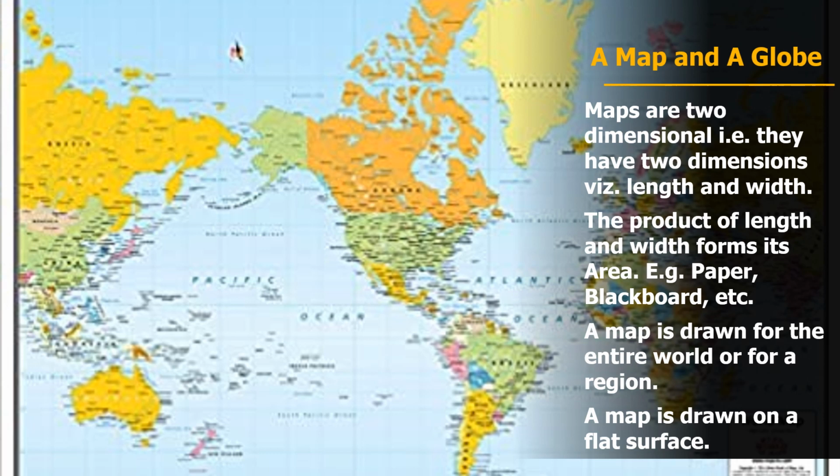A particular map of India will have only states shown. Some map of India will have rivers and mountains and all. So it is divided as physical and political. So these are nothing but pictorial representations. So this is something about maps. So you have learned about maps better. A map has two dimensions, that is length and width.